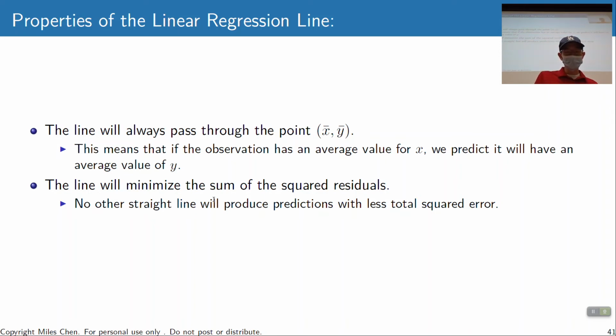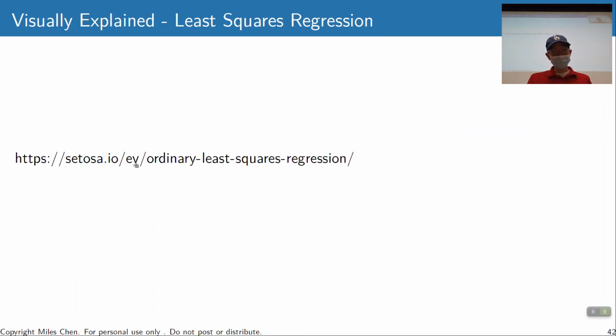Another property of this regression line is that it always passes through this point, x bar comma y bar. It always passes through the mean x and the mean y, meaning if you have an observation with an average x value, then your prediction is going to be average y. So if someone is average x, we're predicting their y is also average. And that kind of makes sense. Okay, let me show you this